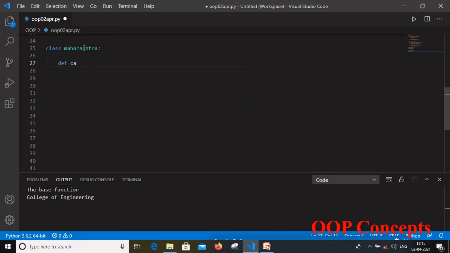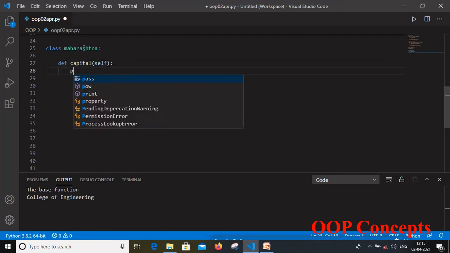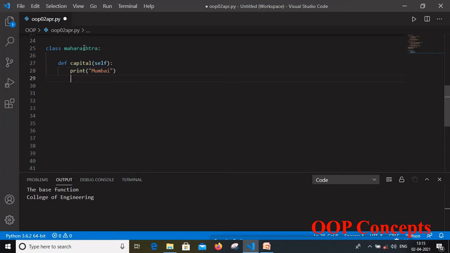The first is capital, and within that I just print the capital of Maharashtra, that is Mumbai. I'll take one more method, named language. Generally the language spoken in Maharashtra is Marathi, so I use the statement Marathi. So these two different methods, one is capital, the other is language, are in the class Maharashtra.